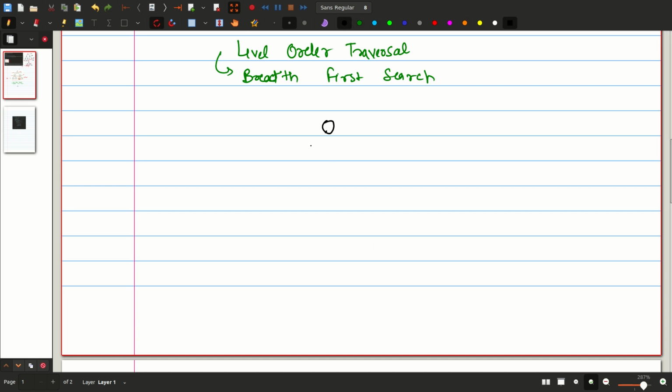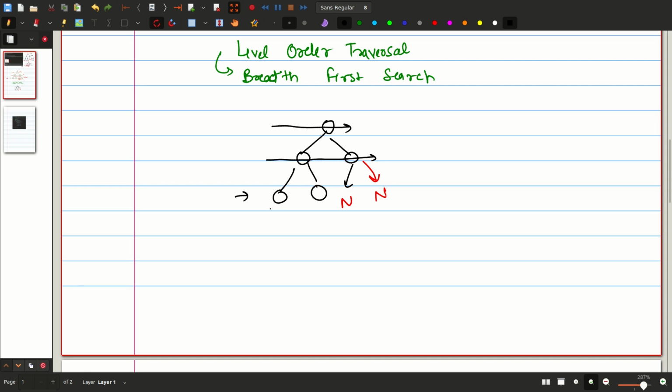If this is my root node, and this is null, this is also null. Okay, so I started iterating here. I did not find any null value. After this I did not find any null value, and when I reached the last level, I started iterating. I found one null value. When I found one null value, after completely iterating the tree, I should not get any particular node value. If I found only null values, that is fine. Okay, let me consider that case as well.